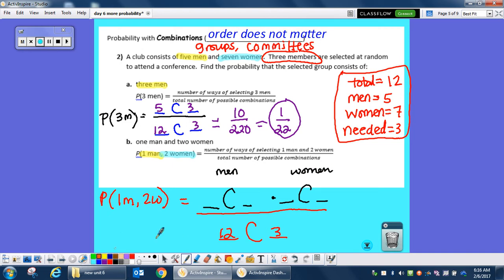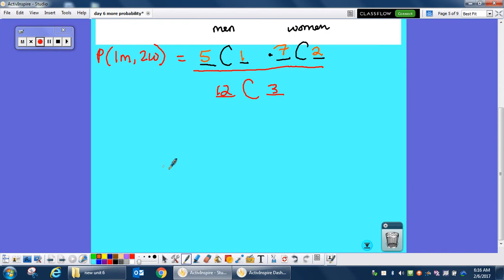So men, you have 5 total men to choose from, and in this scenario, you need 1. And then for women, you have 7 total women to choose from, and in this scenario, you need 2. So now what's going to happen is you're going to do 5 choose 1, and that equals 5. So I'm going to come down here, and it's going to be 5 times 7 choose 2,